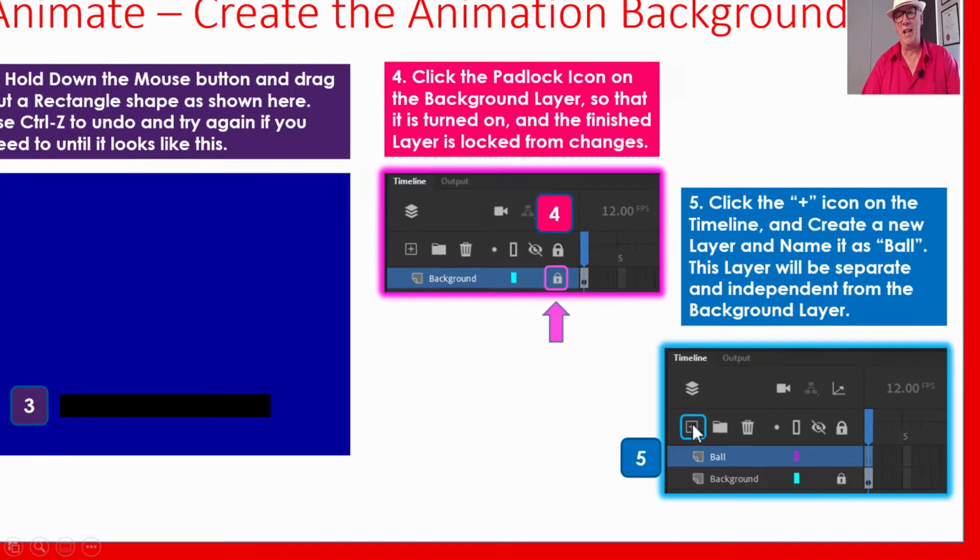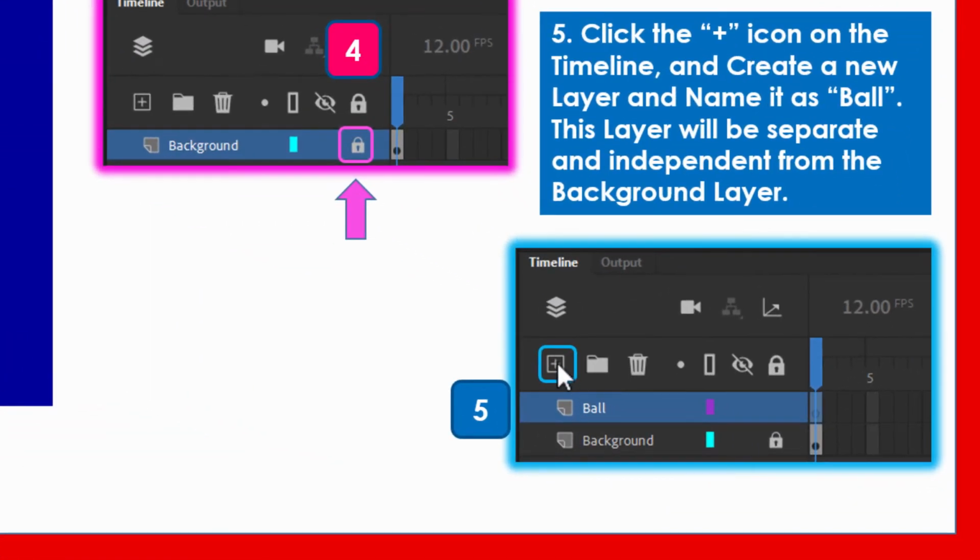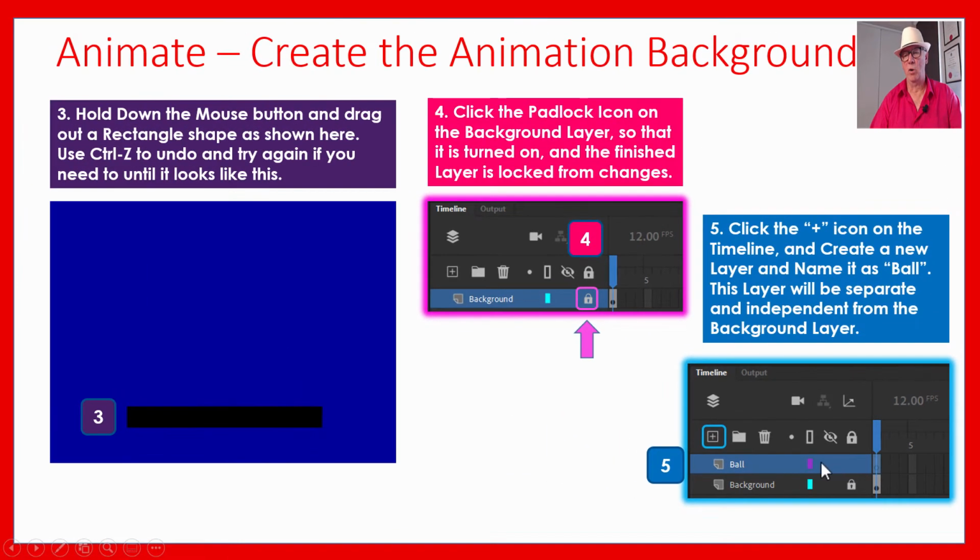We then click on the plus sign down here in the bottom left hand corner of our screen to make a new layer. It'll be called layer 2. Double click on it and call it ball. All right, so the ball's going to now be fully independent of the black